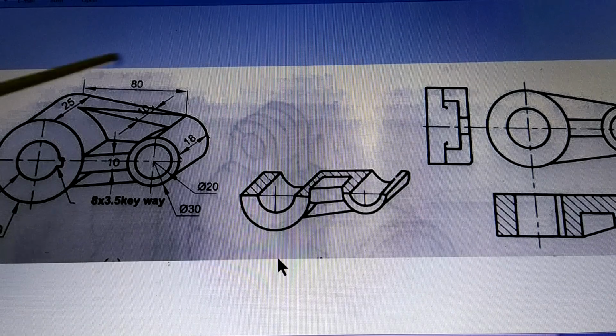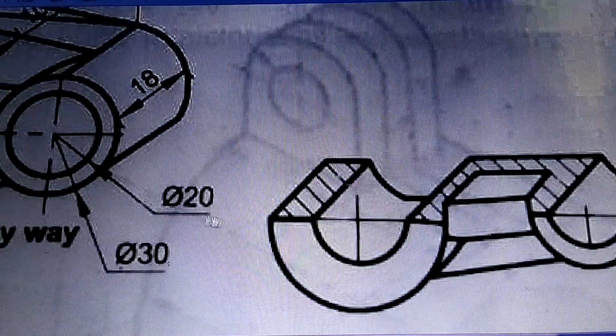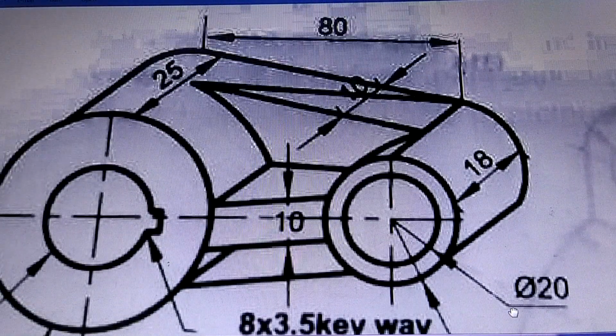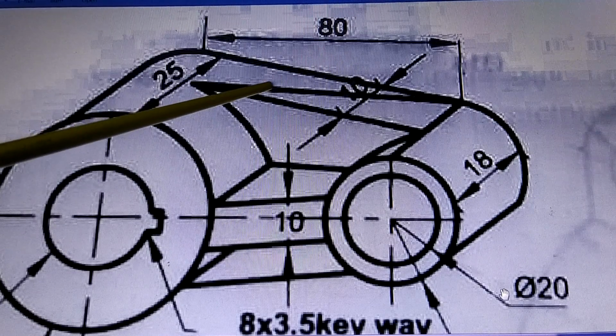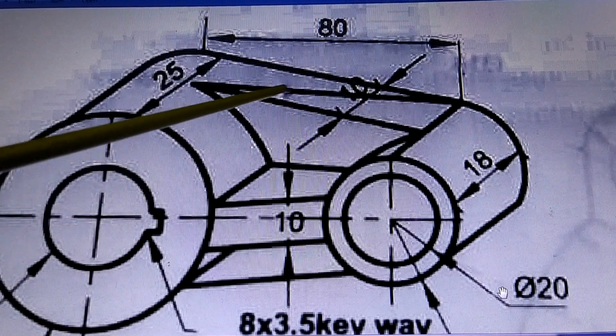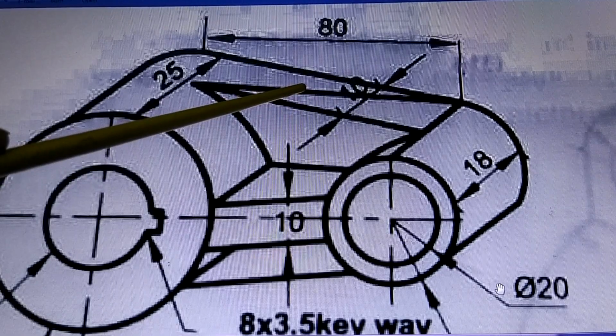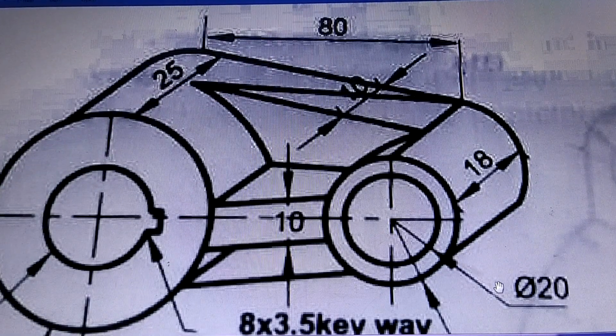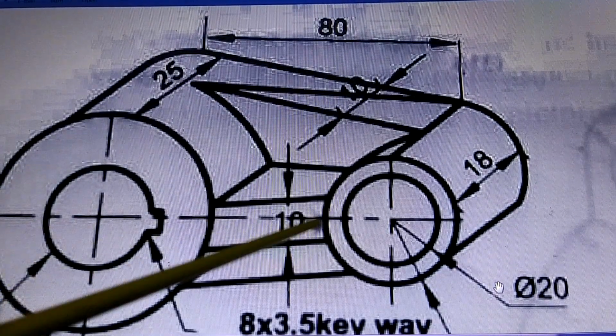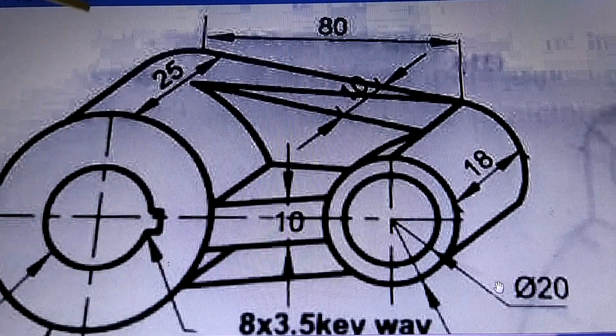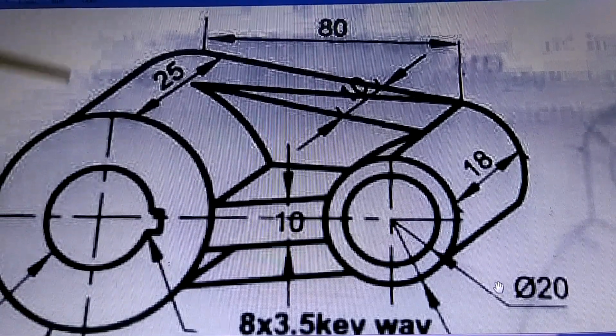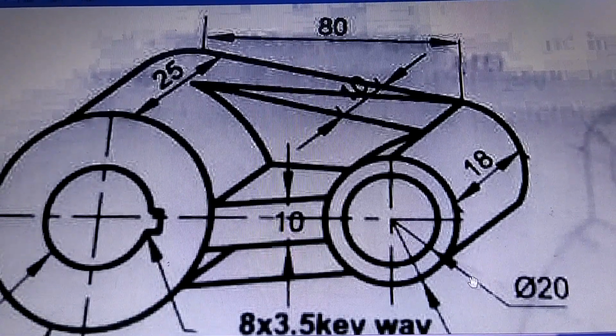Similarly, there is one more figure here. This is the figure. You can see here the figure is like this. Now in this figure, this particular line is wrong. This line should not be there. It's wrongly drawn. So the figure is like this. And when you cut from the middle like this, and you see from the top, that becomes the sectional top view. How will this be seen?